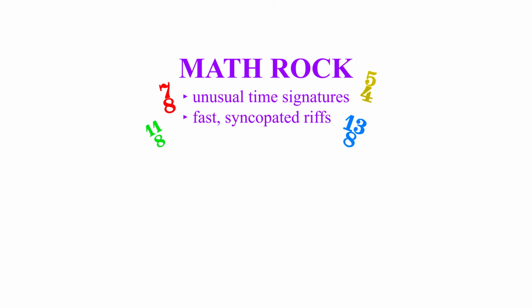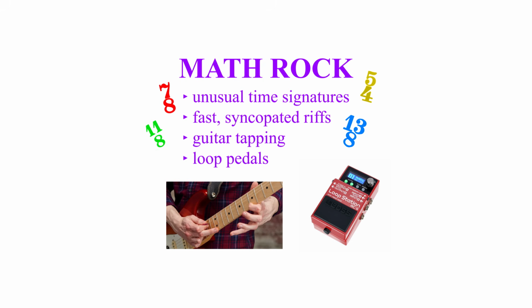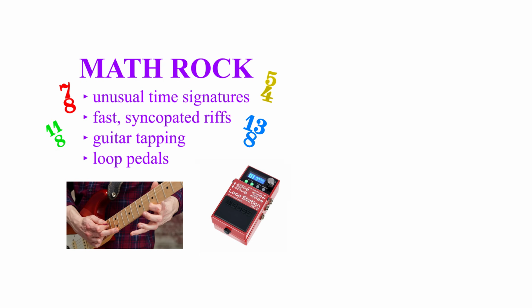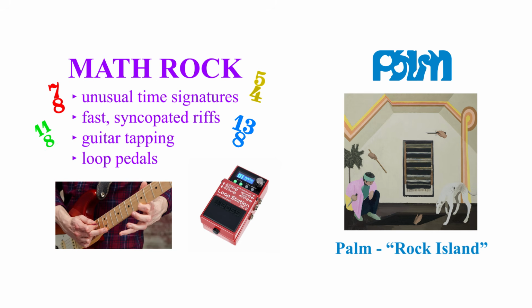Math rock is best known for its unusual time signatures, fast syncopated riffs, and the use of guitar tapping and loop pedals to create additional density and complexity. But Palm is no ordinary math rock band. On their highly conceptual 2018 album Rock Island, they push the rhythmic complexity of this genre to its absolute limit,